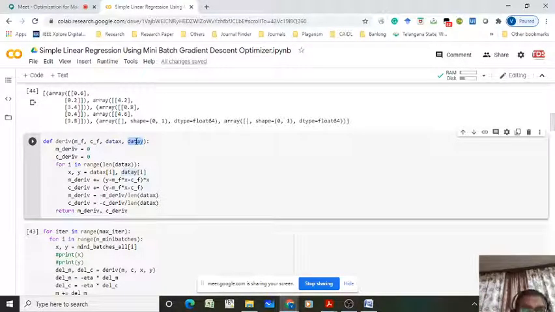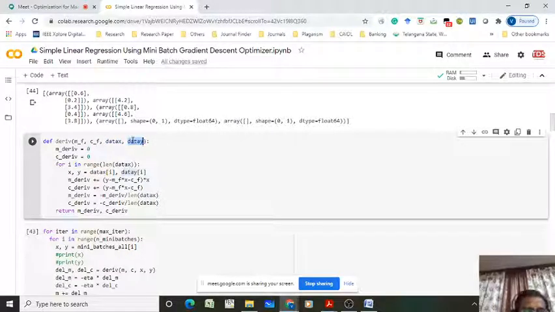That means you have to pass y, m, x and c, that is doing here. Now set m derivative, some variable, equal to 0, and c variable equal to 0. So for I in range of data x, in one batch there are the two x values, 0.6 and 0.2 coming here, and for data y, 4.2 and 3.4 coming here. So in data x you have the two samples and in data y you have the two samples, because your batch size is 2.